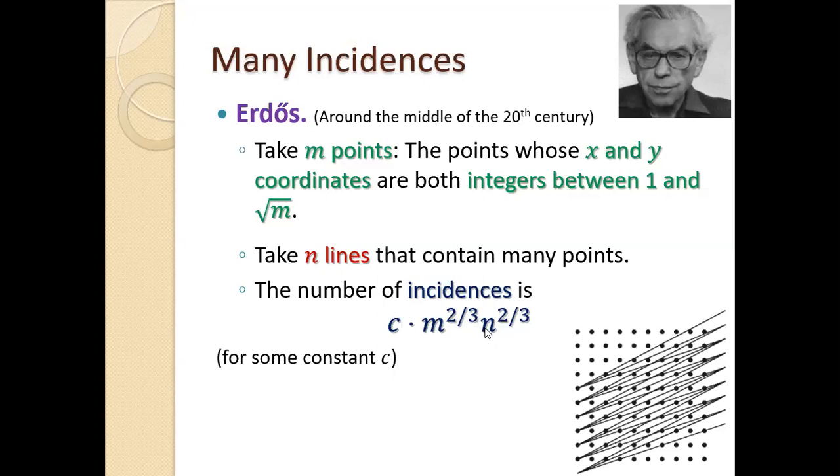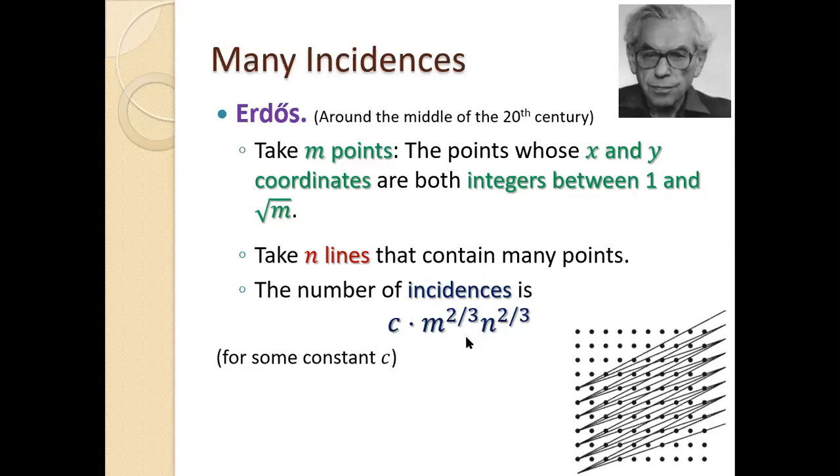Quite a weird expression, right? Somehow the number of incidences is about the number of points to the 2/3, number of lines to the 2/3. Now the constant is somewhat less important because m and n are huge. So the dependency in them is the main thing here. Multiplying it by a small constant, it matters, it changes something, but the change is much smaller than the dependency in m and n.